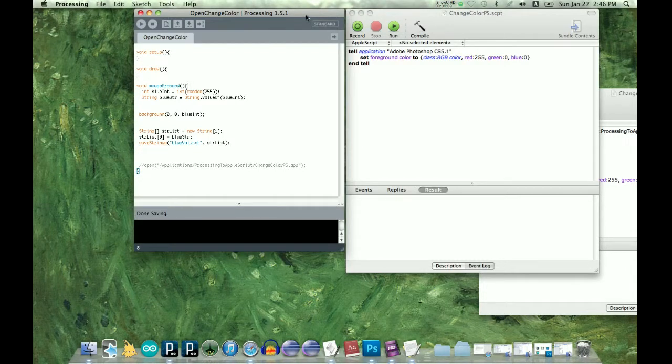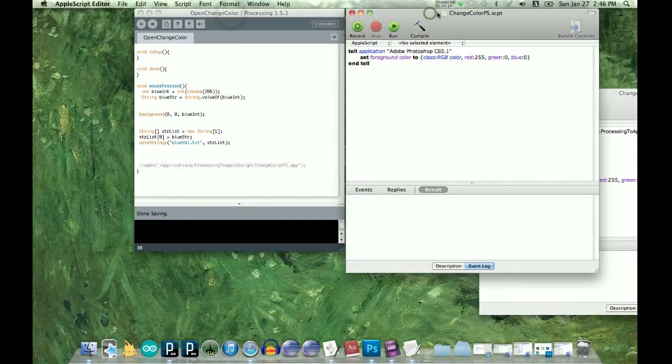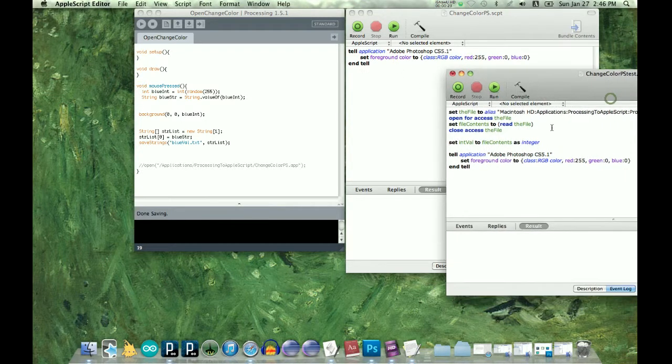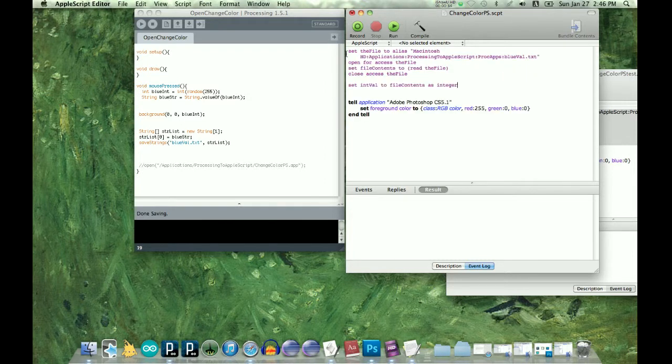Okay, so this is where we left off last time, and this is the same. I just saved it again, and our change color Photoshop script is the same as it was last time. I'm actually just going to copy and paste this in, because I don't know AppleScript well enough to